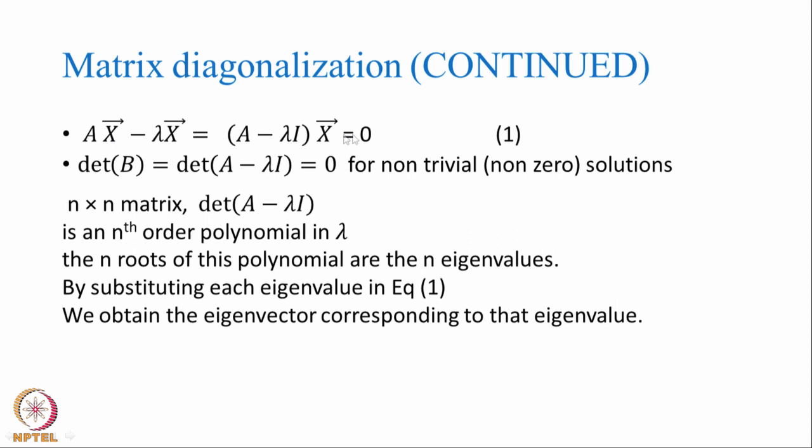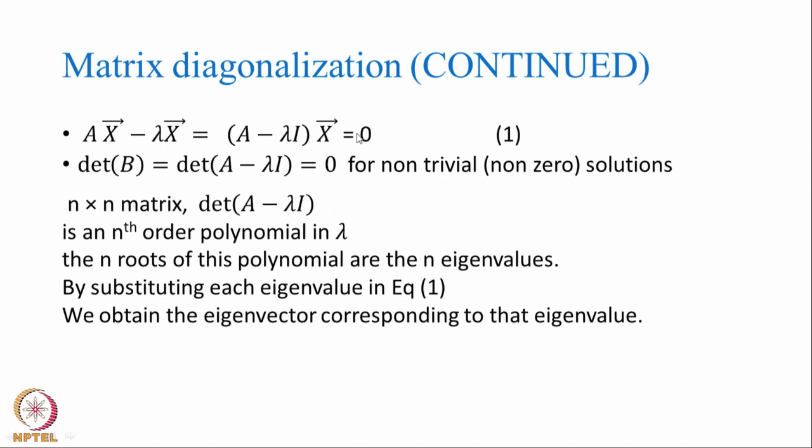When I multiply this out, A into x, that is the first one, then the next one will be lambda into I into x. I is nothing but a unit matrix. So, whenever I have lambda x here, I can always insert a unit matrix in between because it will not change anything. A unit matrix can be inserted anywhere without any change of the product. So, this is 0, which means I have a matrix here, A - lambda I, that operates on x to give me 0.